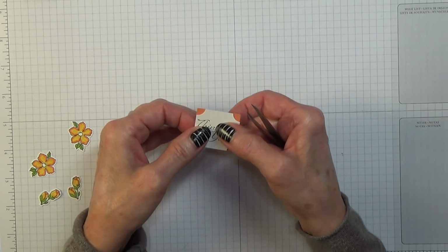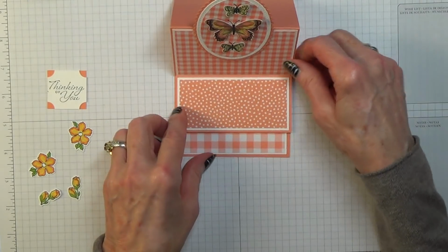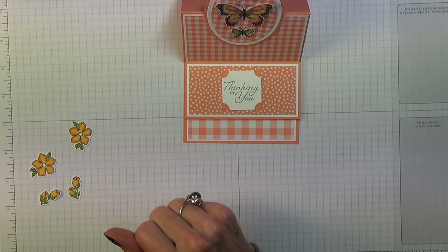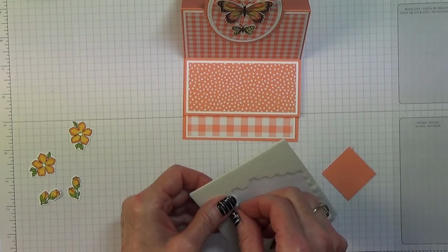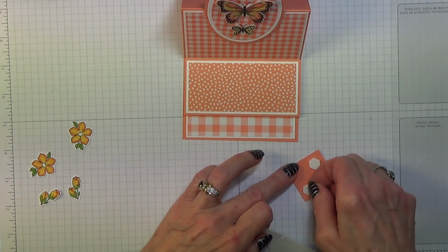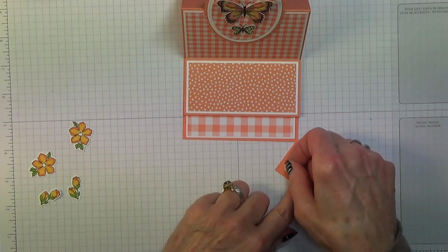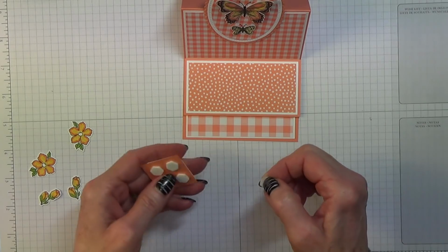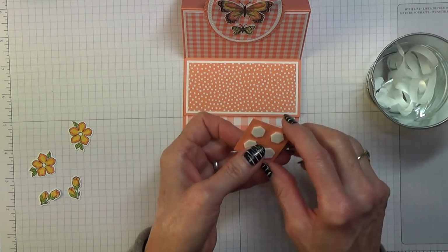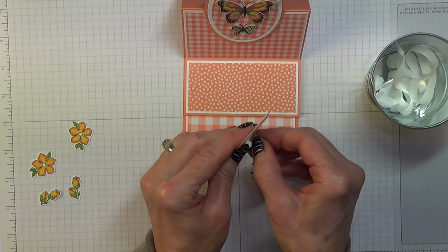Nice and easy to get that into place. Okay, so that's that. Now we just need to put all this together. This one first. I'm going to pop that up onto dimensionals. Oh, I've got another easel card over there that I want to show you. In fact, it was that one over there that actually made me decide to do an easel card